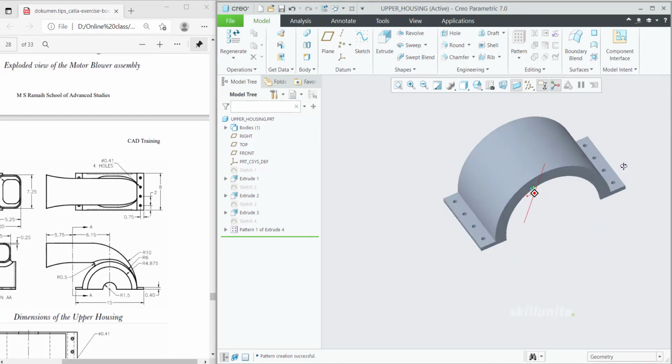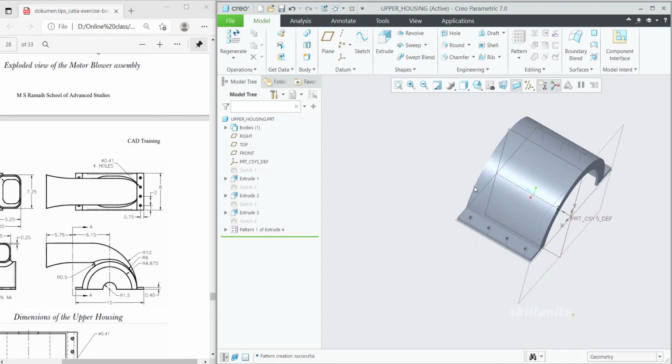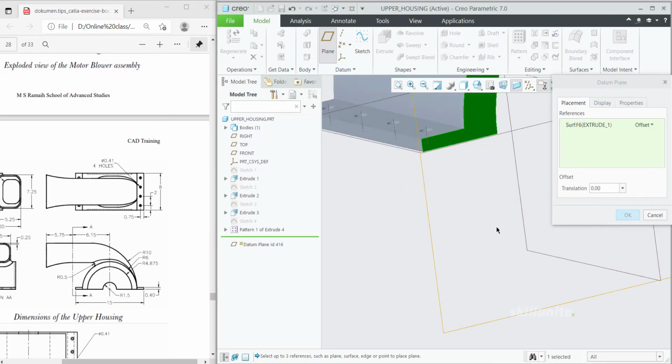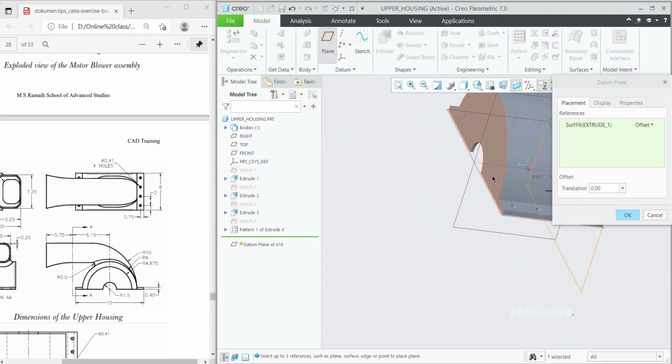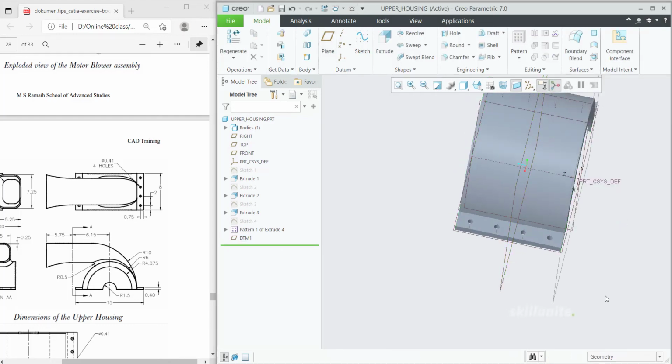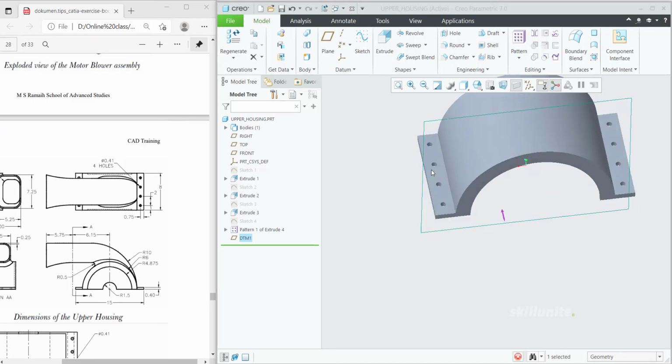So after this we need to make this shape. For that it should come exactly in the center. But we made the extrusion only on one side. If you did it in the center, we wouldn't need to create a new plane, but no issue. Now you can create a new plane over here. Select this face and hold Control and select this face, so automatically the middle plane will get created. So now choose that middle plane and go to sketch option.